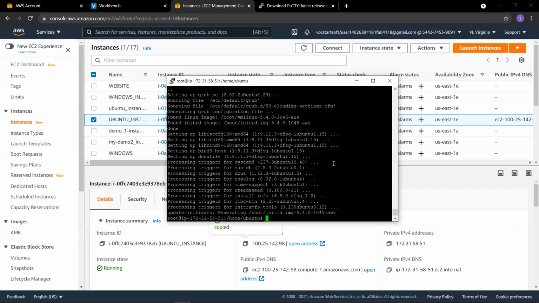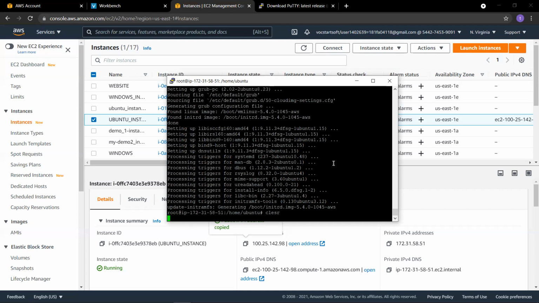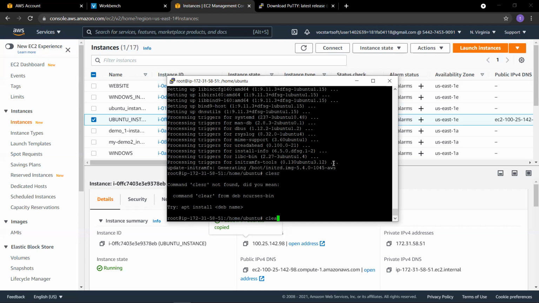Yes, it's successfully updated. And typing clear, deleting the commands.